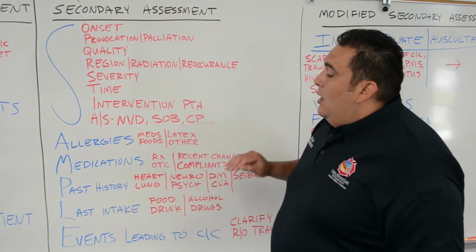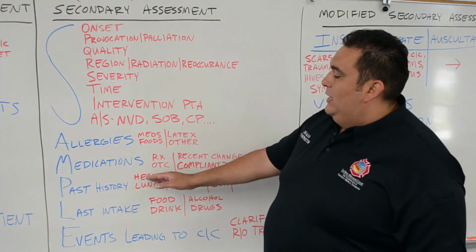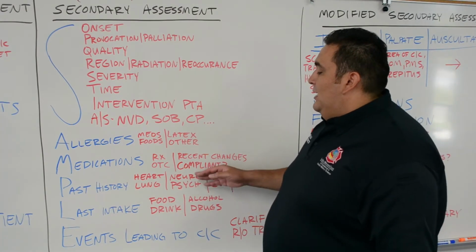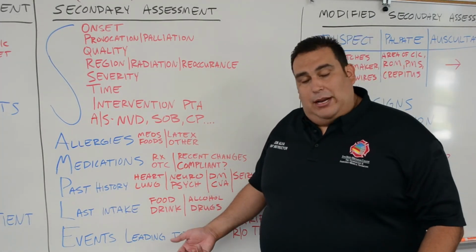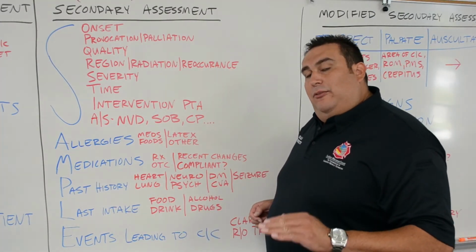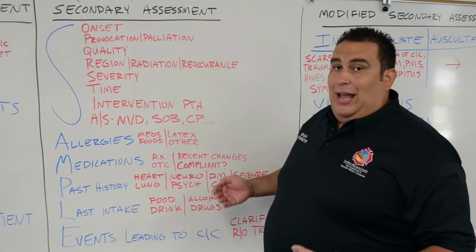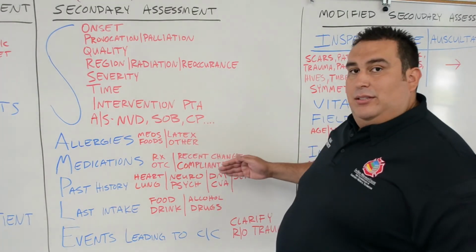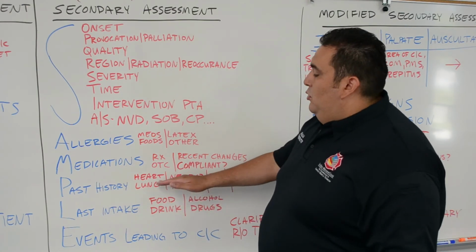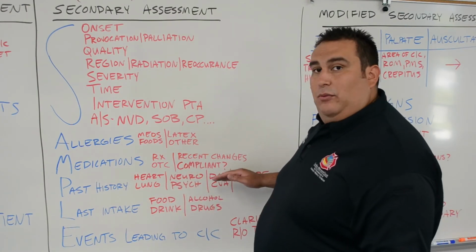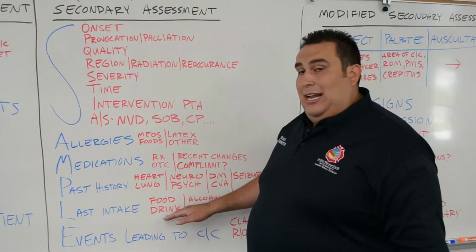Past history. We're going to ask the patient, do you have any medical problems diagnosed by a physician? Do you have any conditions with your heart, with your lung, any type of neurologic conditions, any psychiatric conditions, diabetes, stroke, seizure, any medical conditions we need to be aware of? Be careful. Sometimes if you ask the patient, do you have any medical problems, patients will say no. However, when you look at medications, they have a list of medications because they identify their diabetes as not a problem because it's controlled. So make sure you try to clarify that with the patient because they're not aware of what you're trying to ask.